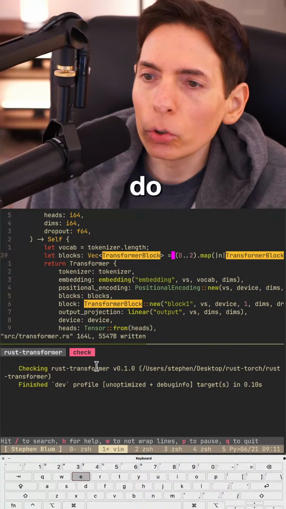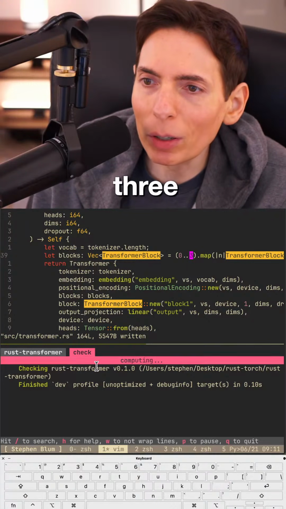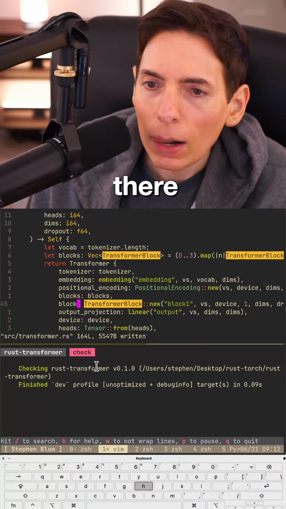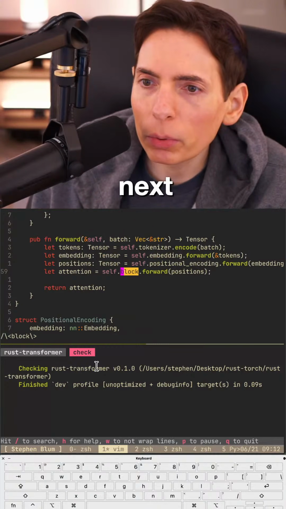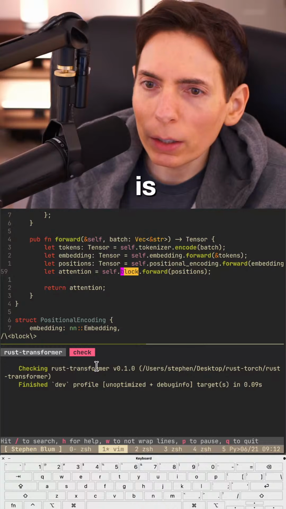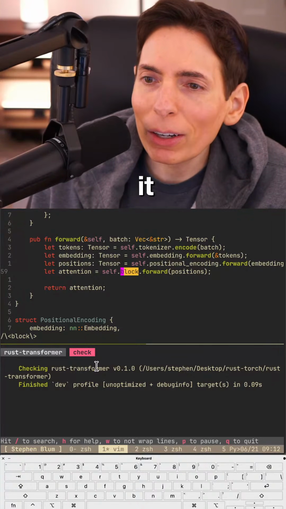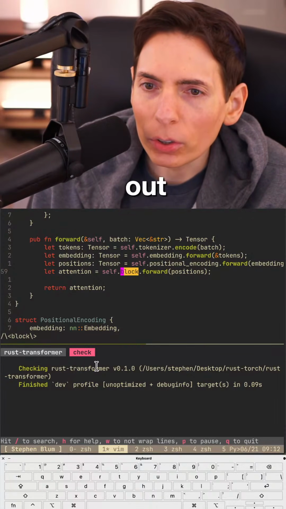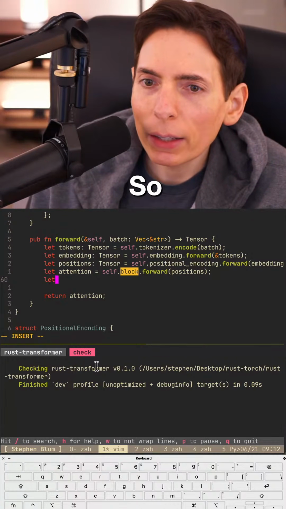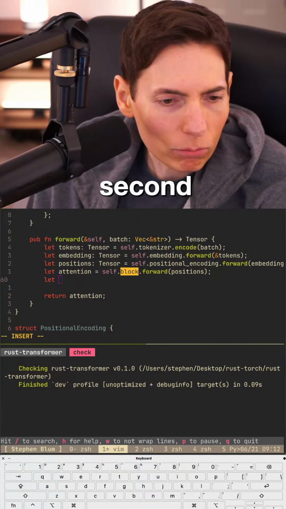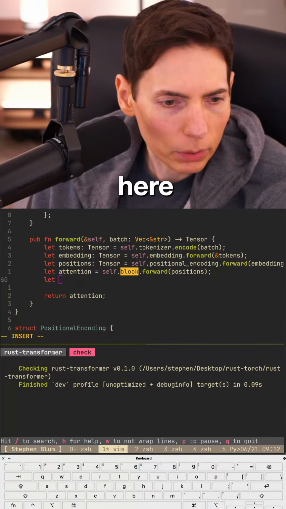All right, so we'll do 2 blocks. We'll do 3. We'll do 3 blocks. Keeping a little bit better right there. Okay, so where's our next block at? So block forward. So what we could do is we need to iterate. We need to iterate through each of our blocks. And we'll do an out. So how do we want to do that? Let me think here for a second. Let's see here. Blocks.